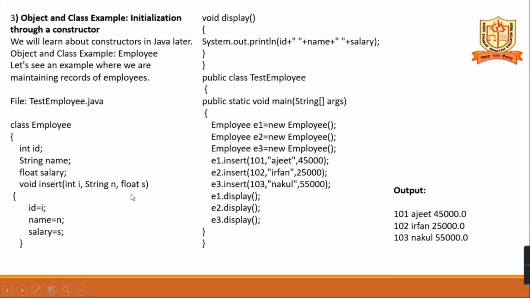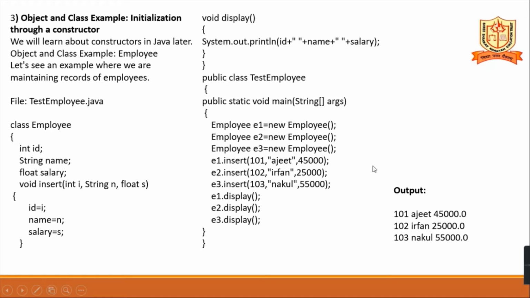So these are local variables. These variables we can use in this method only. And after that, void display. Here we are printing id, name, salary. जो भी ID पास करे वो ID प्रिंट होएगा और थोड़ा स्पेस छोड़ेगा. Then the name will be printed and then the salary will be printed. So the display method is used to display the values.